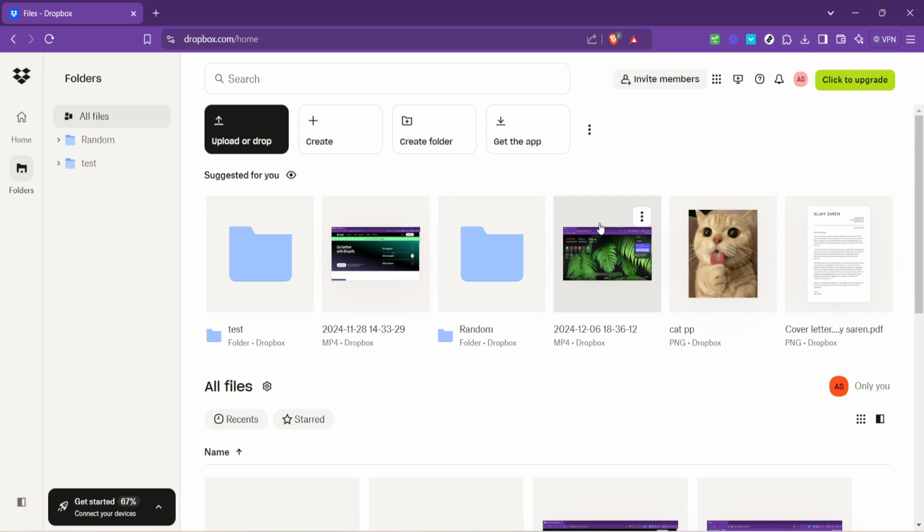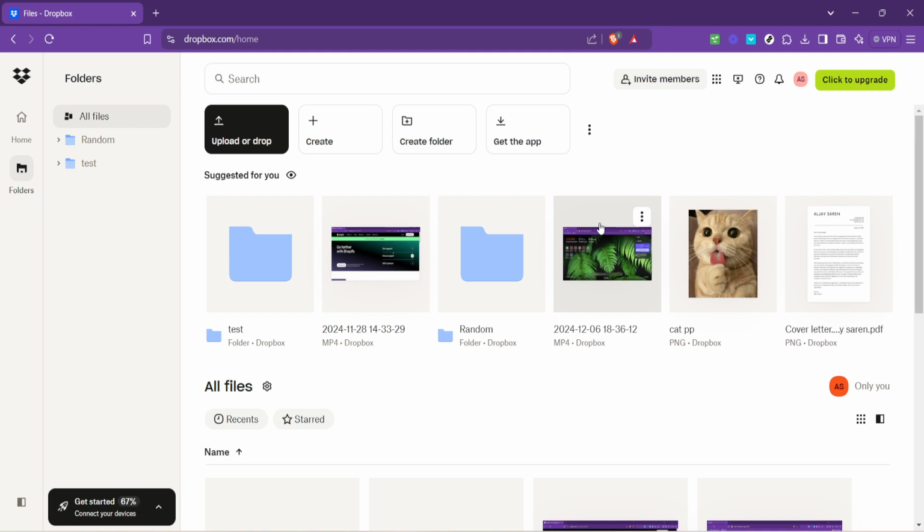To ensure you're making the most out of your new account, consider setting up folders for different projects or aspects of your life. This organization can make navigating your files a breeze and improve your overall productivity. And if you ever find yourself needing more space, Dropbox offers various plans to suit your needs, from individual use to professional and business plans designed for team collaboration on a larger scale.